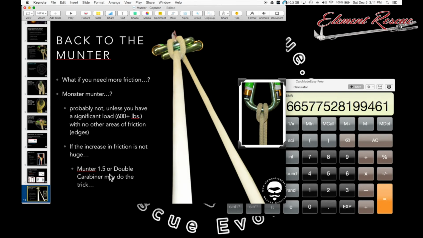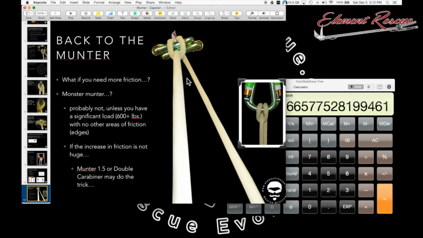But what we found is we were looking at Black Diamond's little study that they did on ATCs by adding a second carabiner into your belay loop on an ATC and the friction that adds. We just jumped in and did kind of the same thing with an ad hoc little study. So we were hanging kind of between 135 up to about 215 pounds on a munter hitch, and we were just hanging that as if we were going to rappel off that, put a T-block or a prusik on the brake hand side and put the scale on there